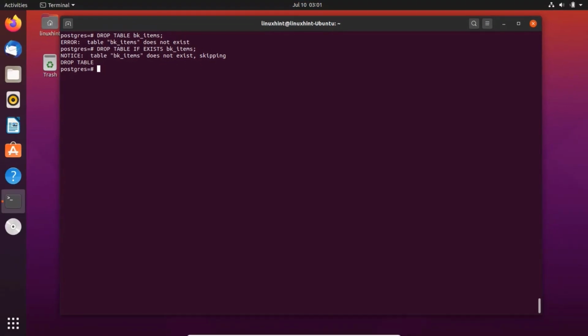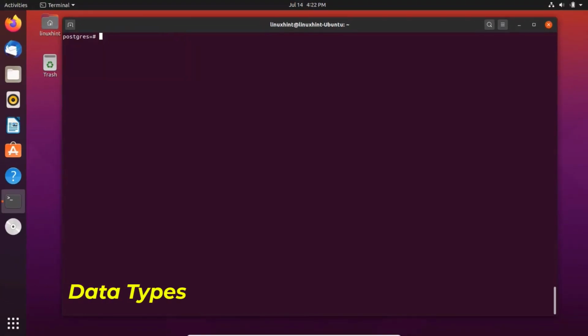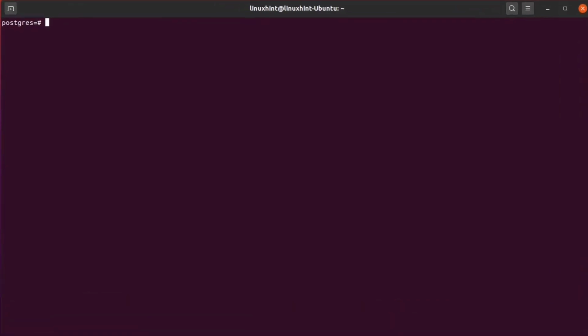Let me clear the terminal. Data types. There are basically supported data types which are defined while generating database tables. The different types of data in PostgreSQL are Boolean, binary, monetary, enumerated, date, time, character, numeric, array, and JSON data types. In binary data types, the binary data types allow binary string storage in PostgreSQL, like